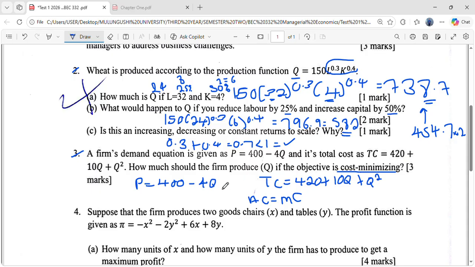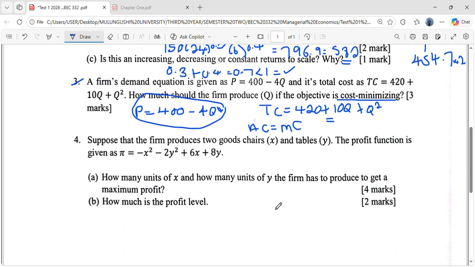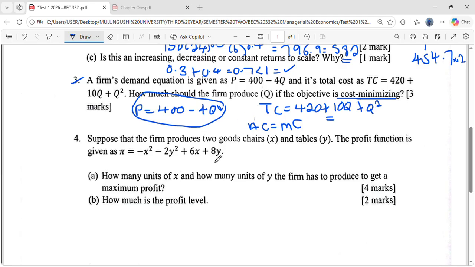So in this particular context, the demand function has no use. Our main function is the total cost function. So what do we do here? From the total cost, you can find the average cost, which is equal to total cost divided by quantity. So it will be 420 divided by Q